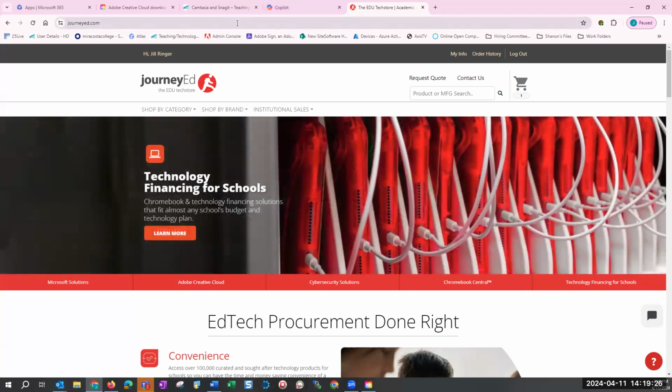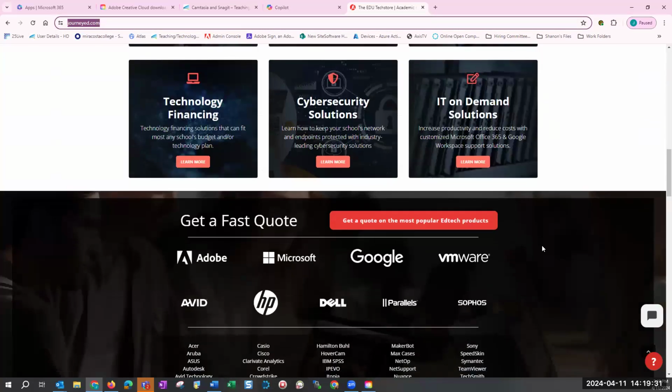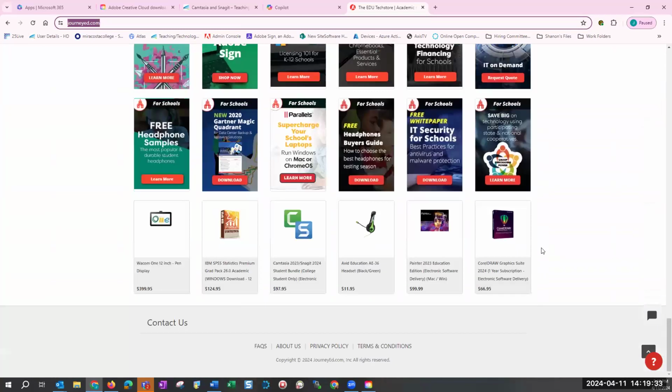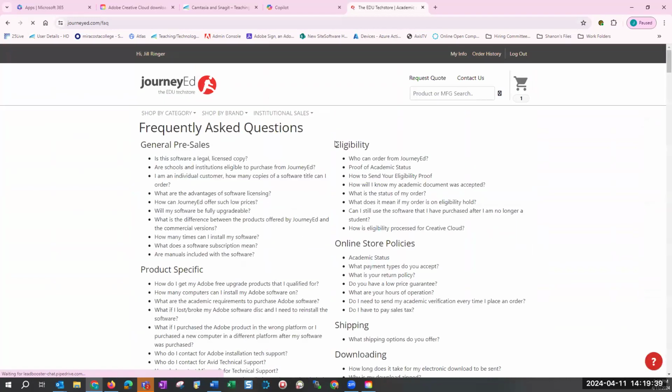So the other one, well, let me finish with Journey Ed. If you scroll all the way to the bottom, I think it's this one, and go to the FAQs. Here's eligibility, and here's how to become eligible. So you have to send proof of academic status or send your eligibility.